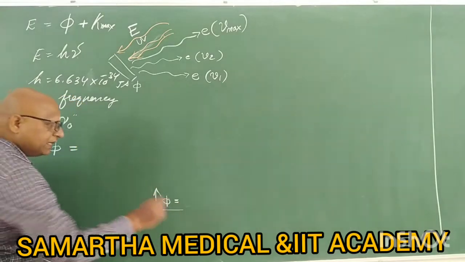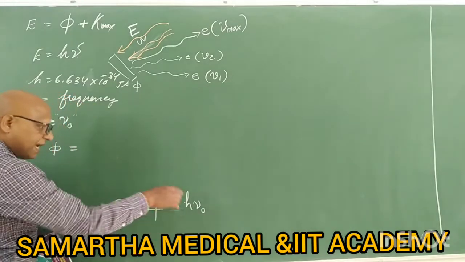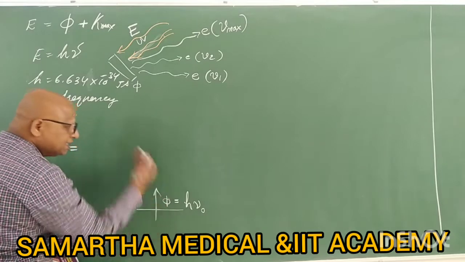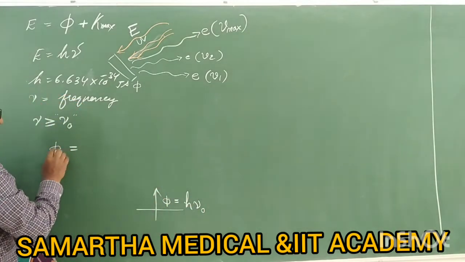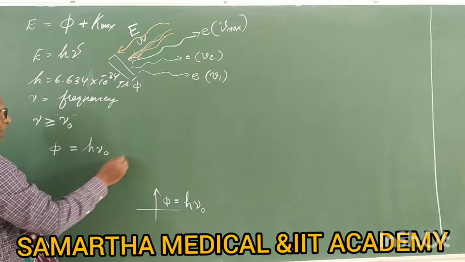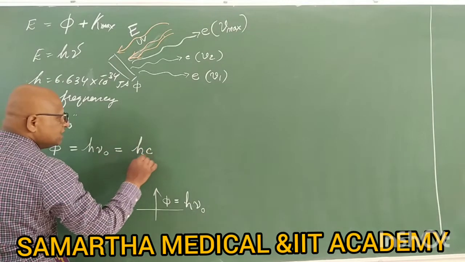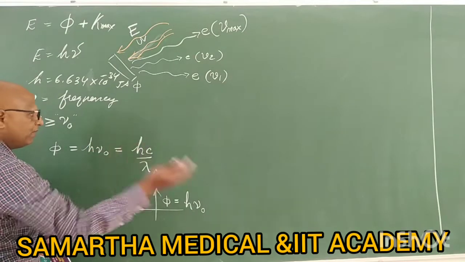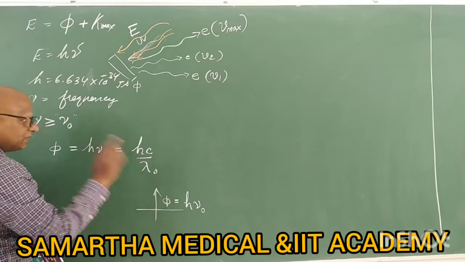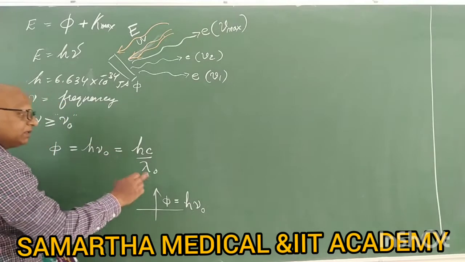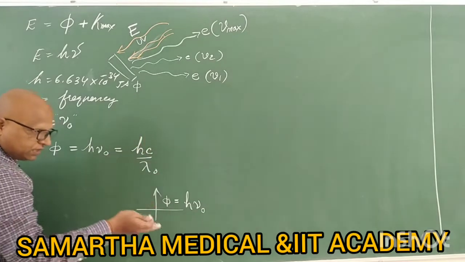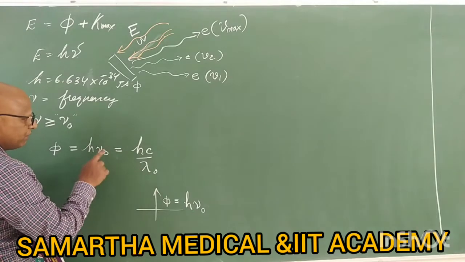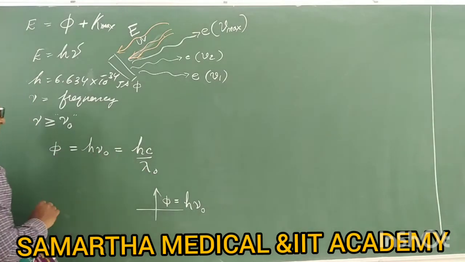That's why that is exactly equal to h nu naught. If any energy is h nu, then the exact energy required to release electrons will be h nu naught. So phi will be h nu naught for us. You can also write it in terms of hc by lambda naught. What is lambda naught? Lambda naught is the threshold wavelength. It is the maximum wavelength, not minimum. It is the maximum wavelength above which there is no photoelectric effect, because wavelength and frequency are inversely related.